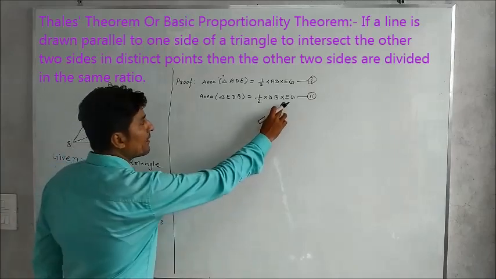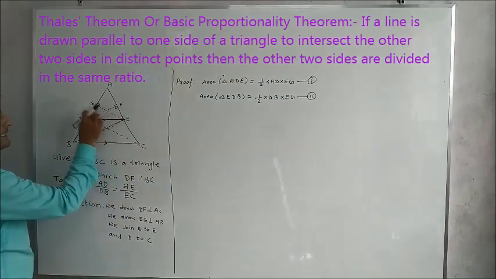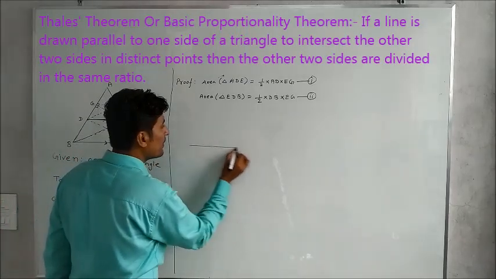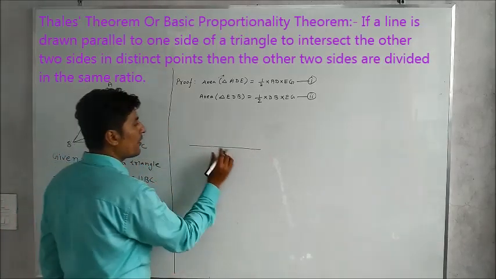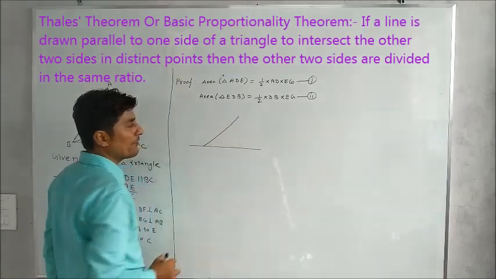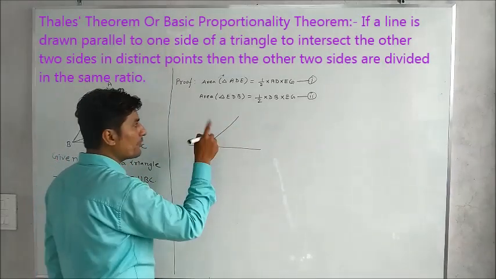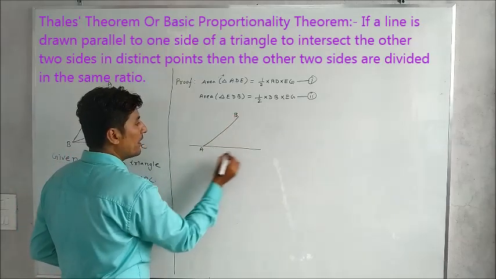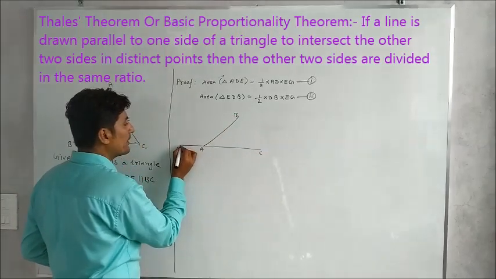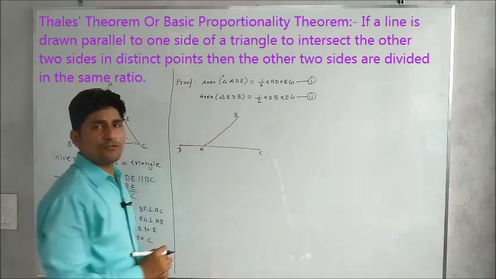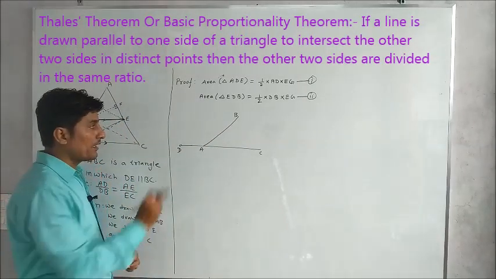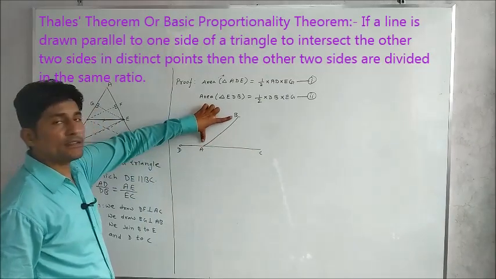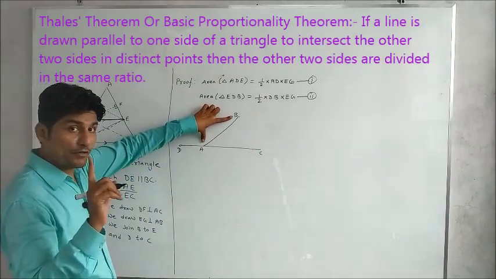Now let us see once again why I have taken height EG for this triangle. For that, first of all, suppose we are having a ground, on that we are having a leaning tower. Suppose this point is A, this point is B, this point is C, this point is D. Suppose we want to find out the height of this tower. The height of this tower will not be equal to AB. This is the length of the tower, not the height of the tower.